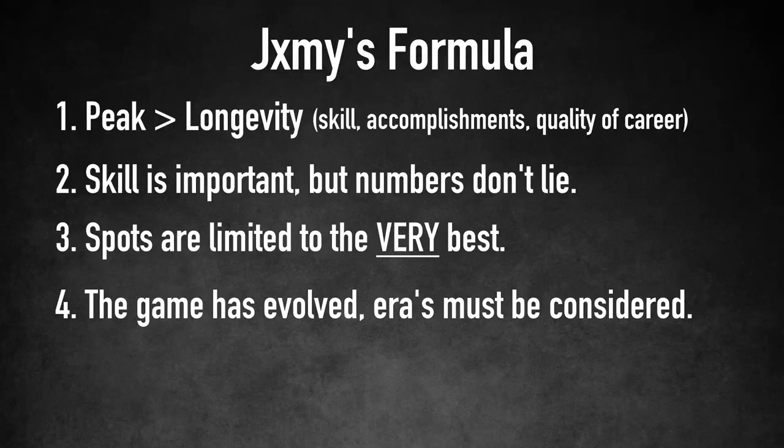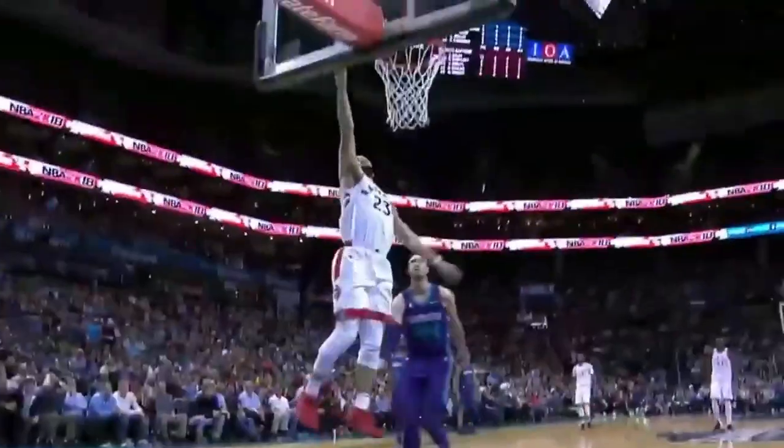The fourth factor in my formula, and one of the biggest flaws with creating all-time lists and charts, is that era plays a tremendous role in a player's legacy and greatness, but there's no real way of quantifying that role. Take Fred VanVleet of the Toronto Raptors. Fred is a solid backup point guard in today's NBA. But in 1965, with the skill set that he has today, Fred VanVleet would be an all-NBA point guard.